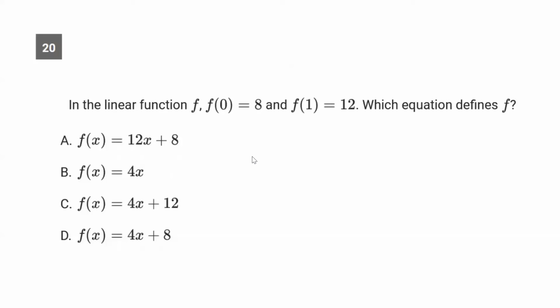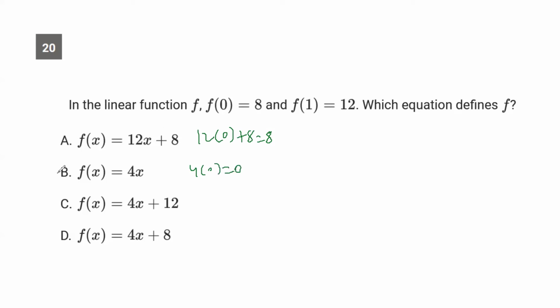Now 20, in the linear function f of 0 equals 8 and f of 1 equals 12. Which equation defines f? Okay, so you're going to do f of 0, 8. So when you plug in 0, you should get an 8. So if you plug in 0 here, this one works. When you plug in 0 here,